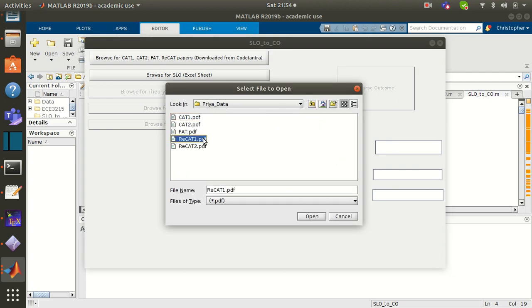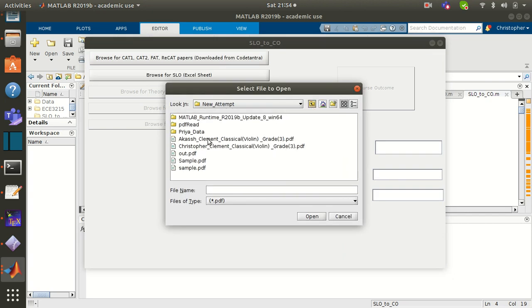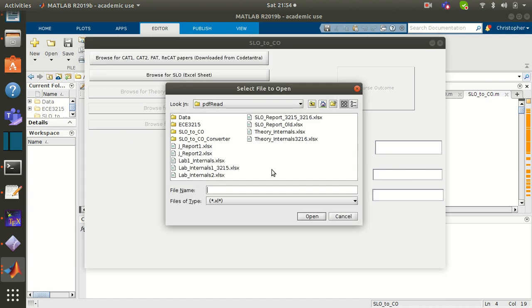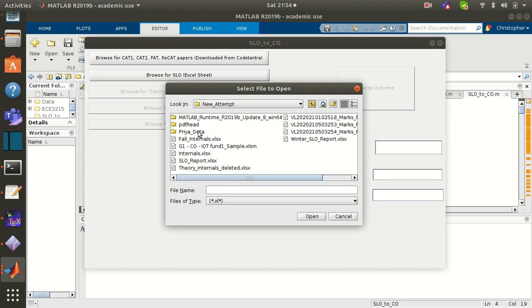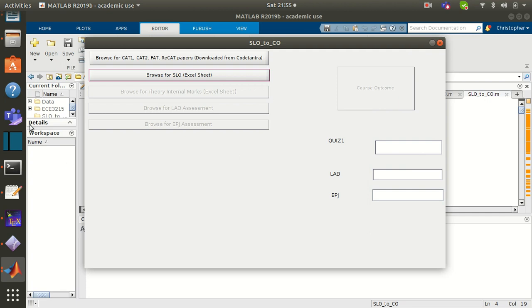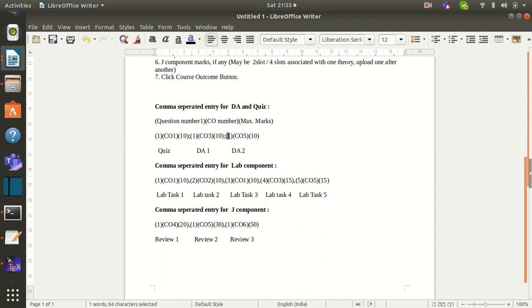It has 2 recats, so I'm uploading all of them. Then SLO report. We need to ensure proper data is given. Then I am giving the comma separated entries.